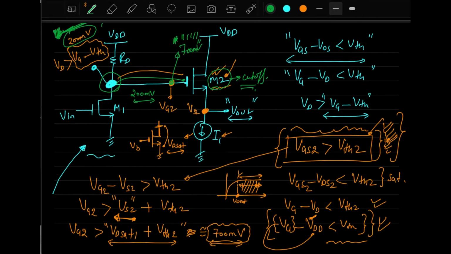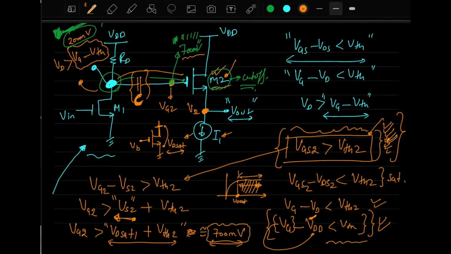So in order to solve this problem, what people do is they break this circuit into two parts and they apply a capacitor here in between. As you know, if you apply a capacitor, it will not allow the DC voltages to pass through it. So once you apply a capacitor, it will solve the problem. Then 700 millivolts can be on this side, and 200 millivolts can be on this side.